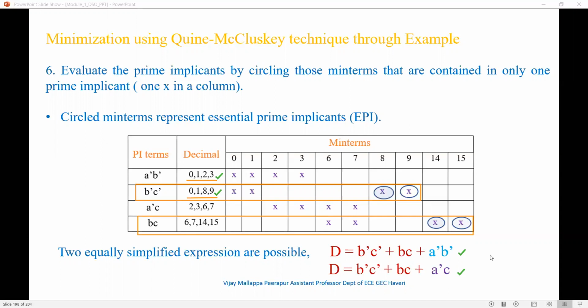For all of the Quine-McCluskey problems we saw, always verify using the K-map technique, so that if you have made any mistakes, you know where you have made the mistakes. You make mistakes only while comparing, in identifying the group of 2 or group of 8. As you keep on solving many problems, you get used to that. Okay, we'll go to the next problem.